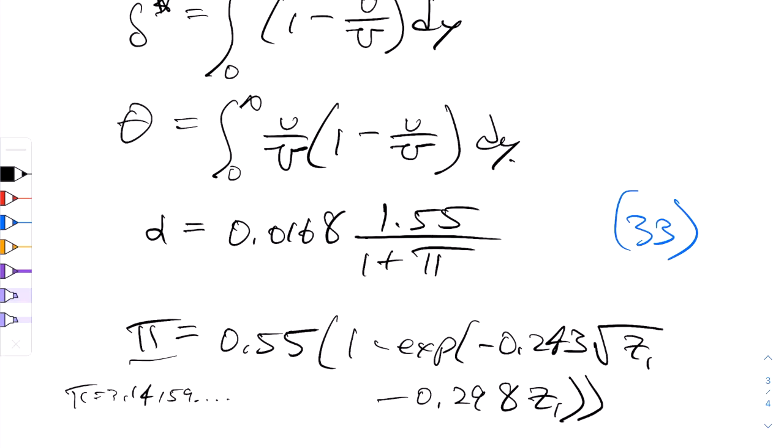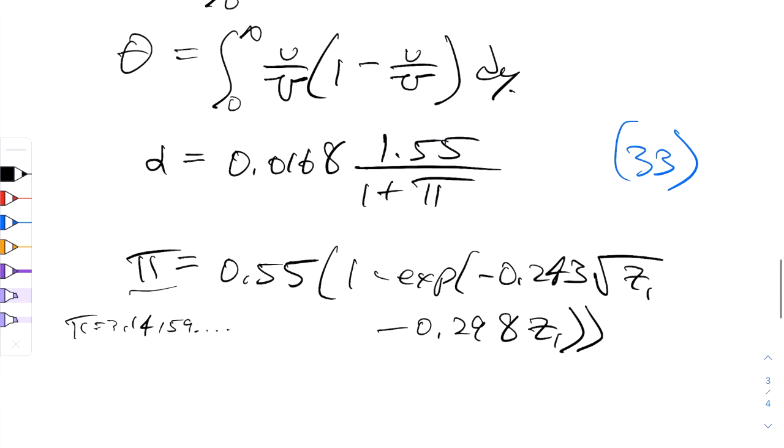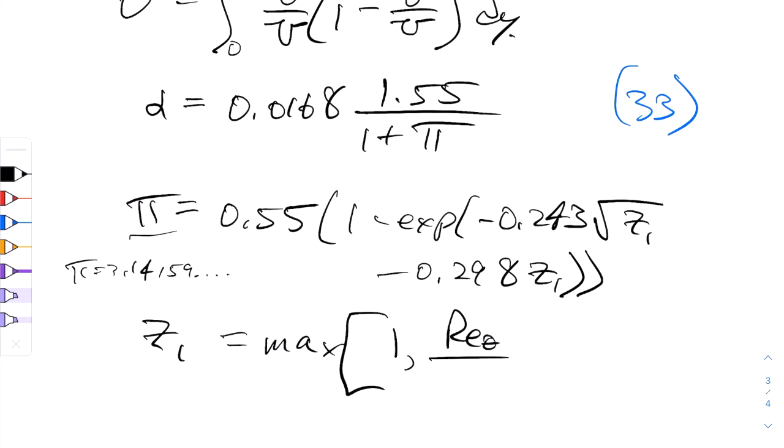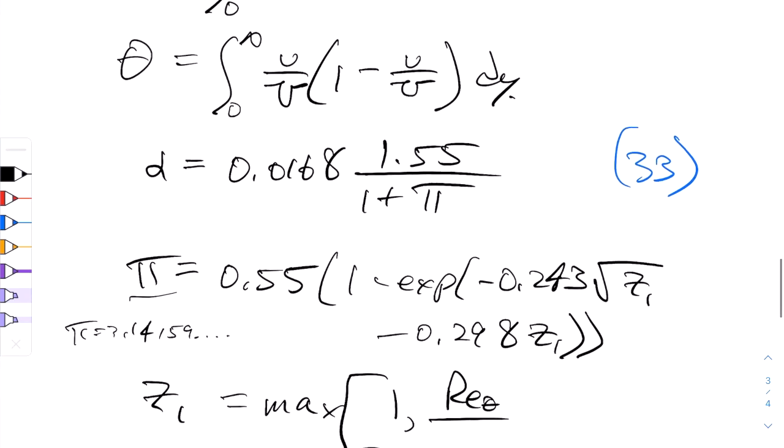Now close up these brackets. Notice the exponential goes across to this parenthesis set. And z1 is just another coordinate with respect to y, and it's equal to the max value, which is easily programmed in Fortran, your favorite computer program, of 1, or Re theta, which is the Reynolds number based on